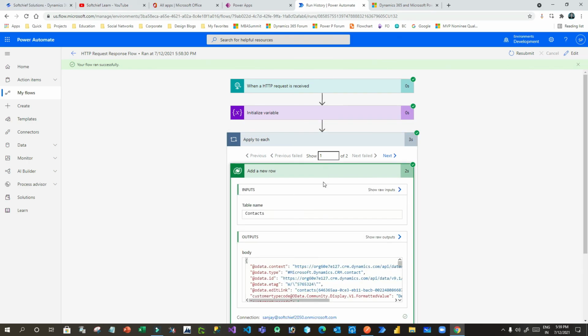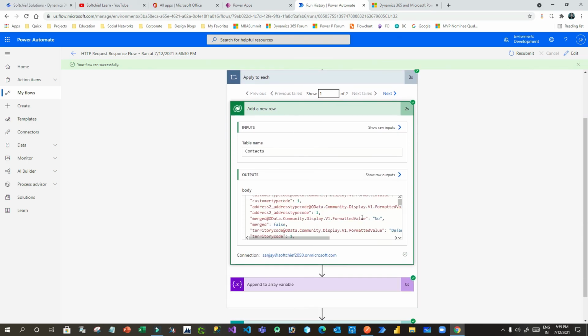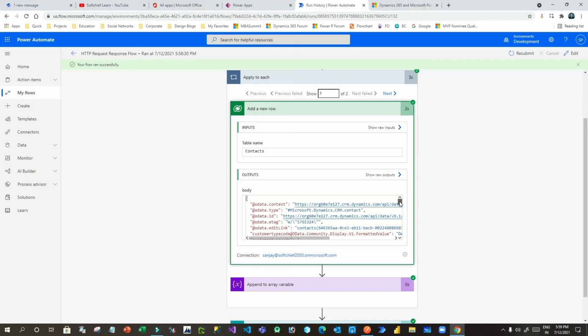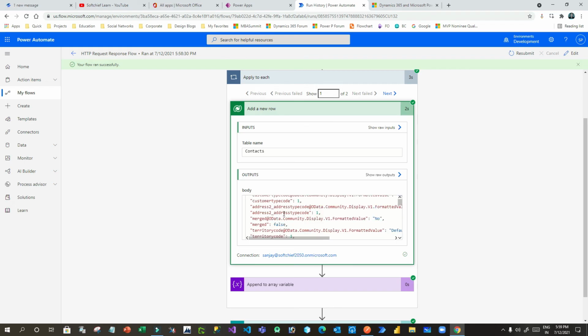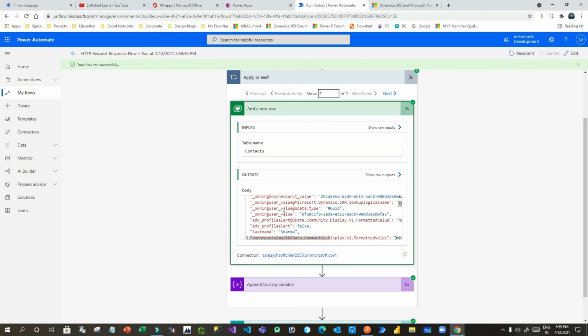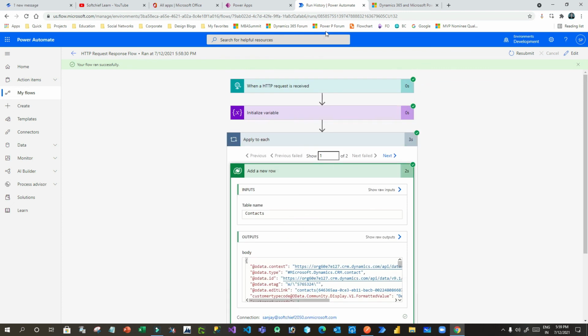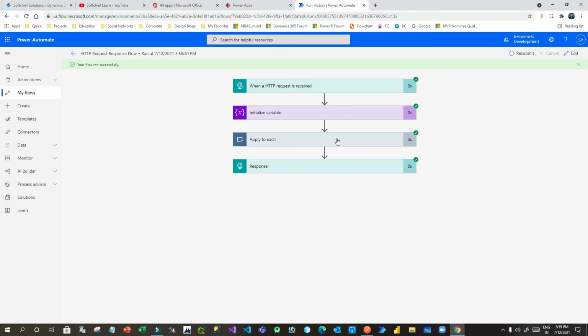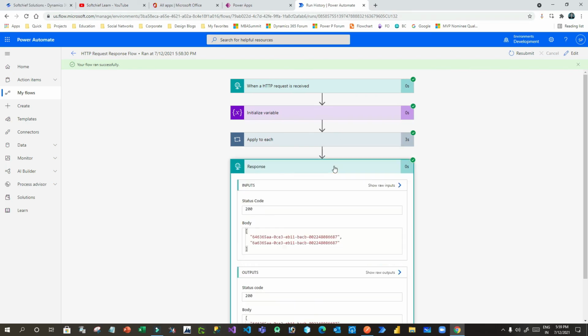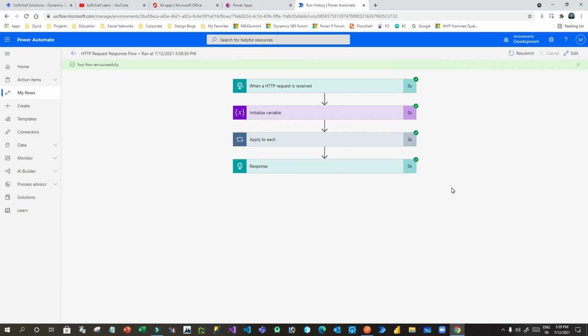Every time it creates records, and you can also see the information here. So this is how you call an HTTP request using a flow, and send a response back to the platform which is calling it.